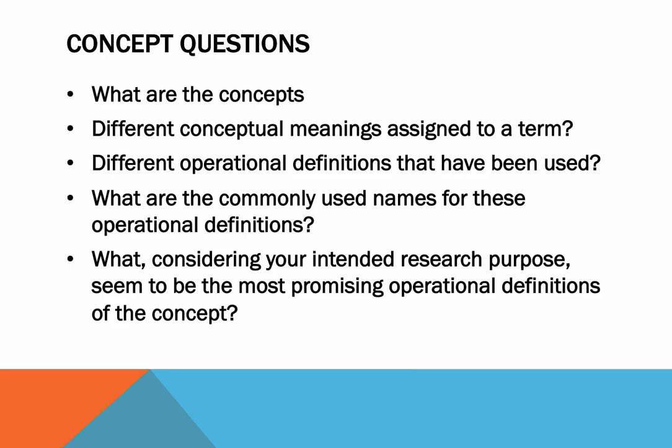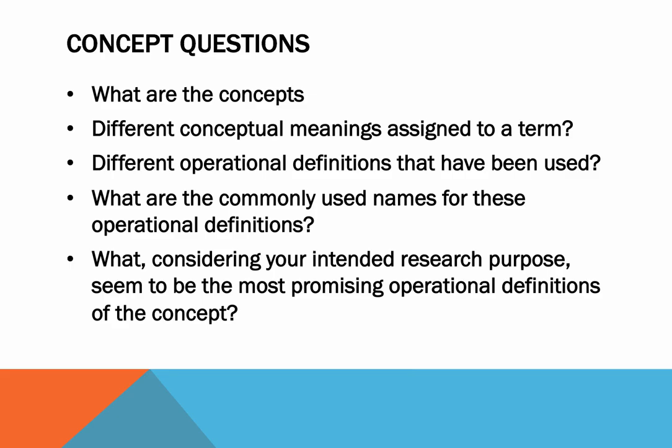And so conceptual definitions are more like dictionary type definitions, like how do we define the term? And operational definitions are how do we measure that term? So what are the different ways that we're going to measure something like depression? We don't just look at somebody and see whether they're depressed. We ask them a series of questions that look at whether that person is depressed and to what extent that person is depressed based on self-report measures.